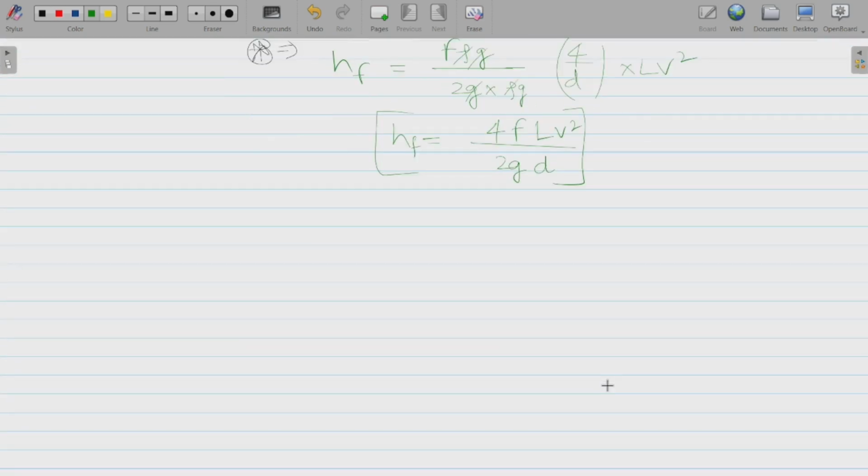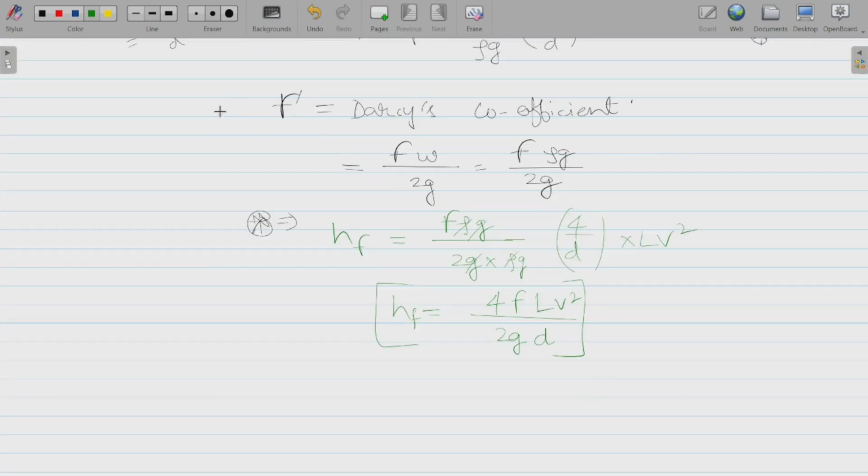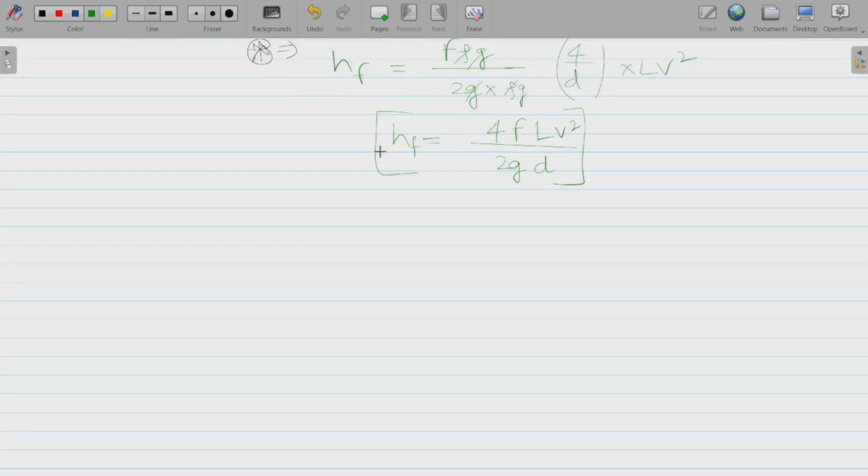Now let's talk about this f, right? In this Darcy's coefficient, we have seen that we got introduced with this f. What is this f? This f is the coefficient of friction. So you can write here f is equal to coefficient of friction, and this is a function of Reynolds number, and its value will be equal to 16 over Reynolds number